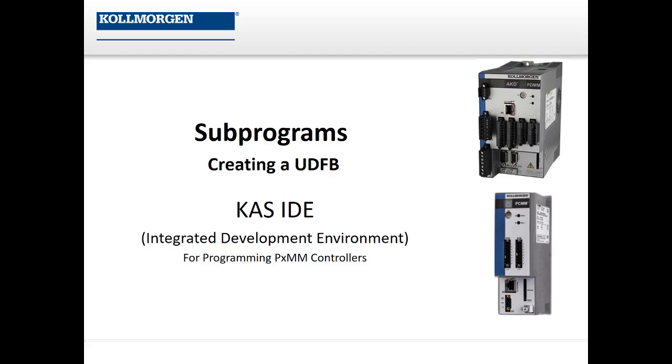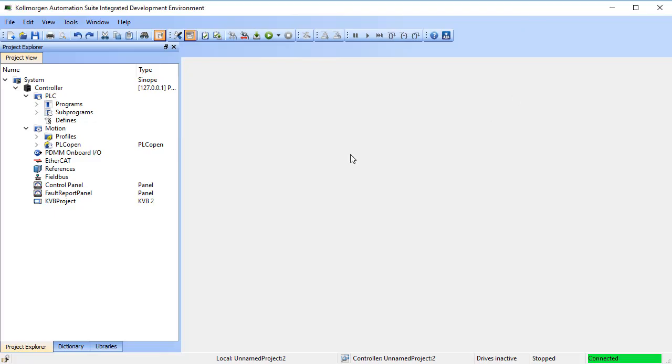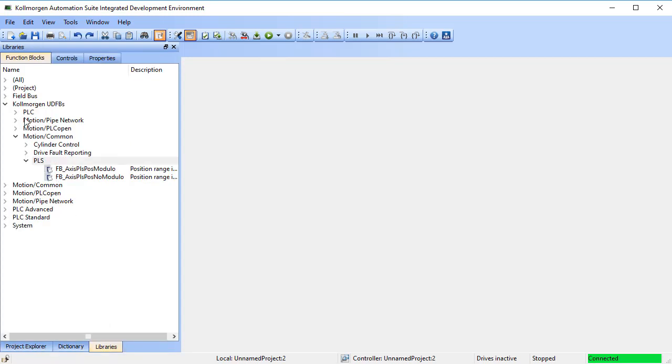You can choose which inputs and outputs you want, and the inside code would be reused for as many instances as you want to use it in. As an example, I'm going to create a PLS, or programmable limit switch, function block as a new subprogram. Now, you wouldn't have to if you're using the Kollmorgen Automation Suite software, as we do already have a built-in function block for this. If I go under Libraries, under Kollmorgen UDFBs, Motion Common, there is already a PLS subprogram